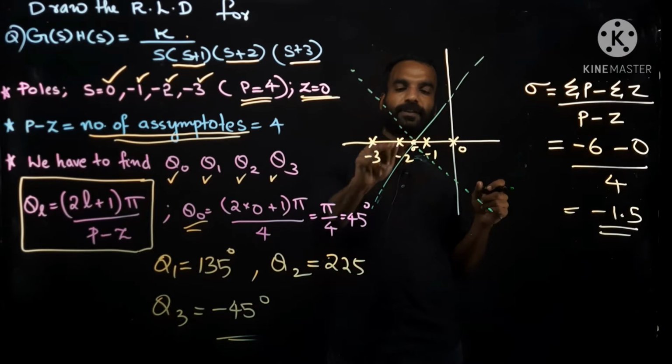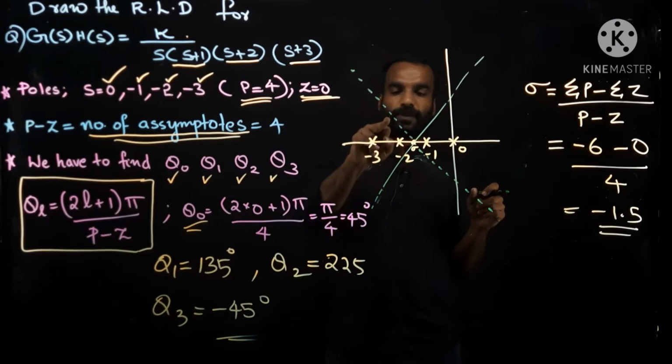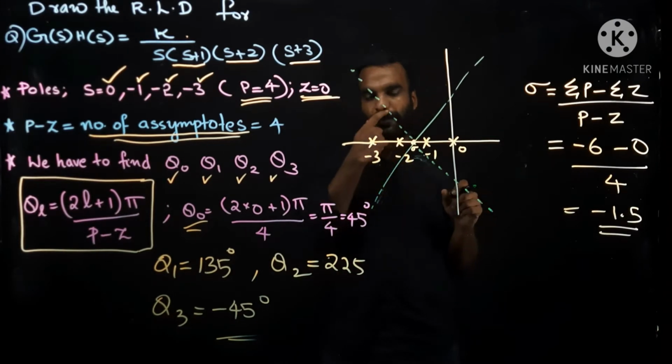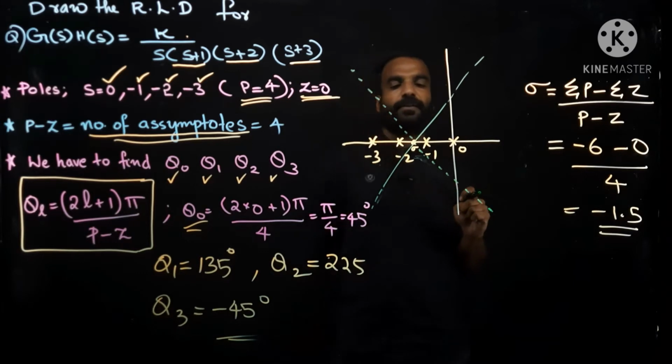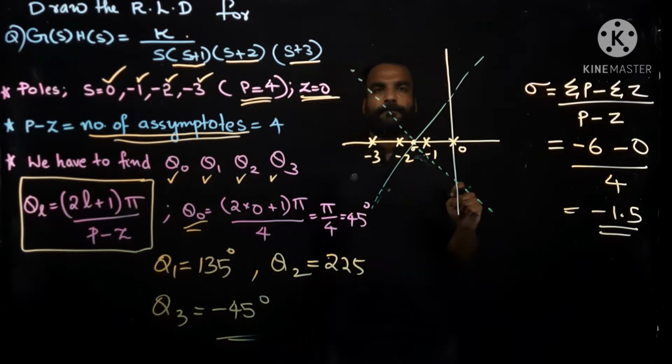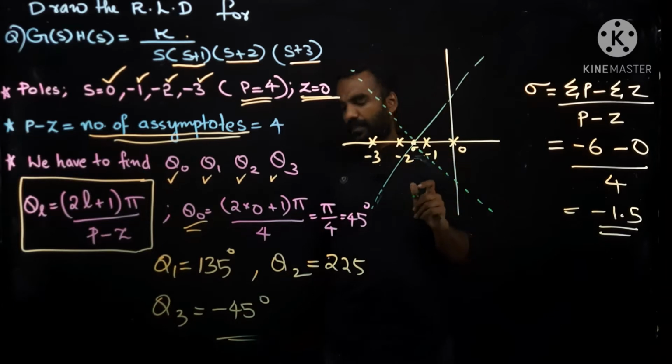Okay, 45, 135, 225, minus 45. Okay, 4 asymptotes are marked. Now, what is the next step? Next step,